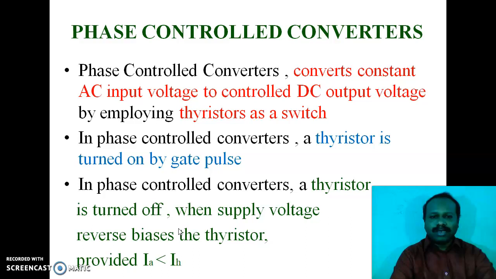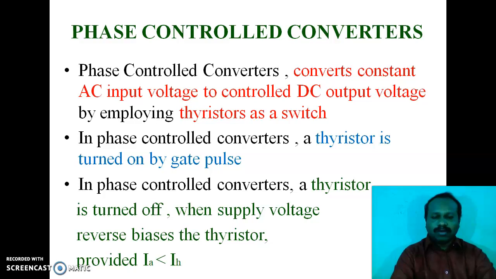Today's topic, phase controlled converters. What do you mean by phase controlled converters? Phase controlled converters convert the constant AC input voltage to controlled DC output voltage by employing a thyristor as a switch. So here, in the case of phase controlled converters, the constant AC voltage is the input and the controlled DC voltage is the output. In between these two, we employ thyristors as switches in order to control